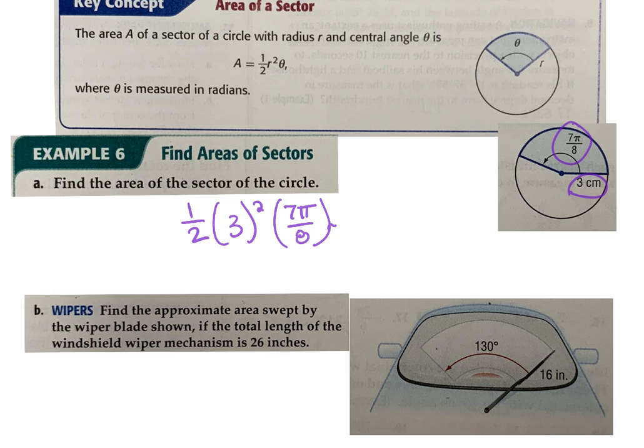Which gives us 63 pi over 16. Remember, you have 1 over 2. This is 9, so 9 over 1, 7 pi over 8. Multiply across. To put it into decimal form, you just literally plug that into your calculator, 12.4,